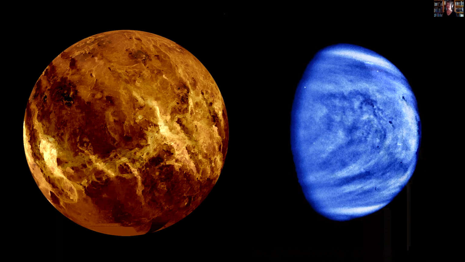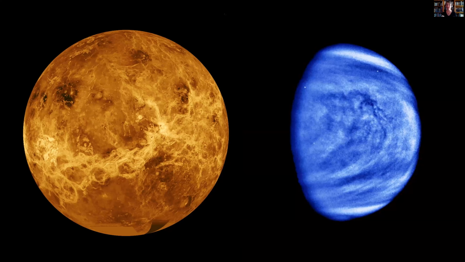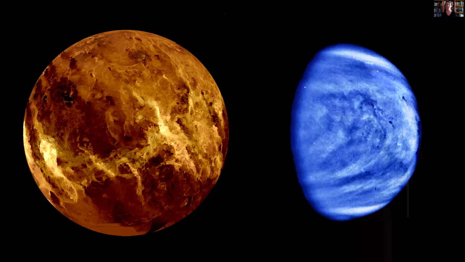On the right, we have an image of Venus from Galileo that it took during its flyby. It was taken with a UV filter, so it shows lots of cloud features that are actually invisible if you were to view them just in the regular visible light spectrum. And it's been colorized blue to represent the fact that it came from a short wavelength part of the spectrum. It was from an ultraviolet part of the electromagnetic spectrum. Here is a member of the amateur community's attempt to take Mariner 10 data and produce a more realistic version of what Venus looks like. Even this is too colorful.